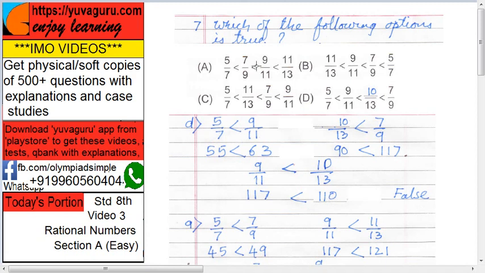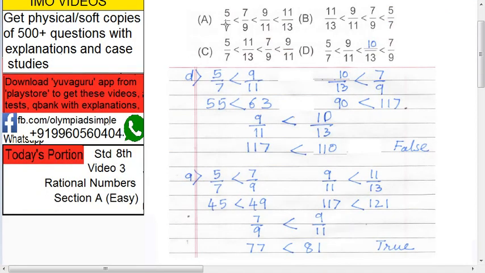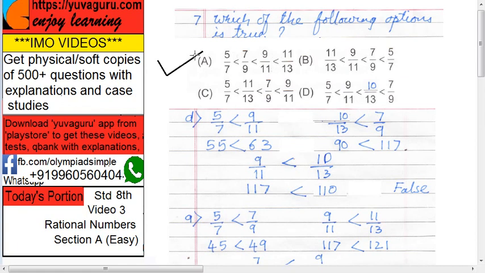Now A, 5 by 7 and 7 by 9. So 45 less than 49. Similarly here 9 by 11, 11 by 13. So 117 less than 121. That is also true. First two, last two, now middle two. 7 by 9, 9 by 11. So 77 less than 81. That is also true. So that's why A is true. This was a bigger problem. Actually it consisted of 4 problems. That's why this was a bit